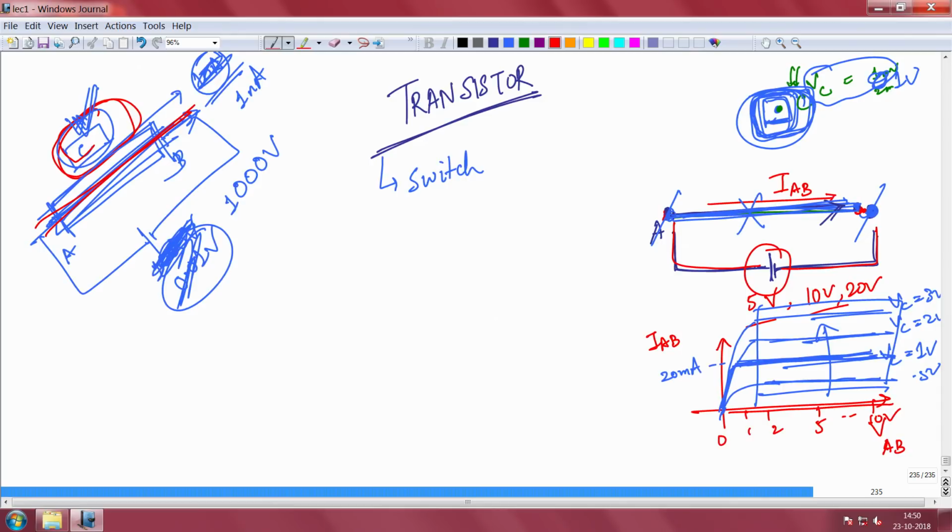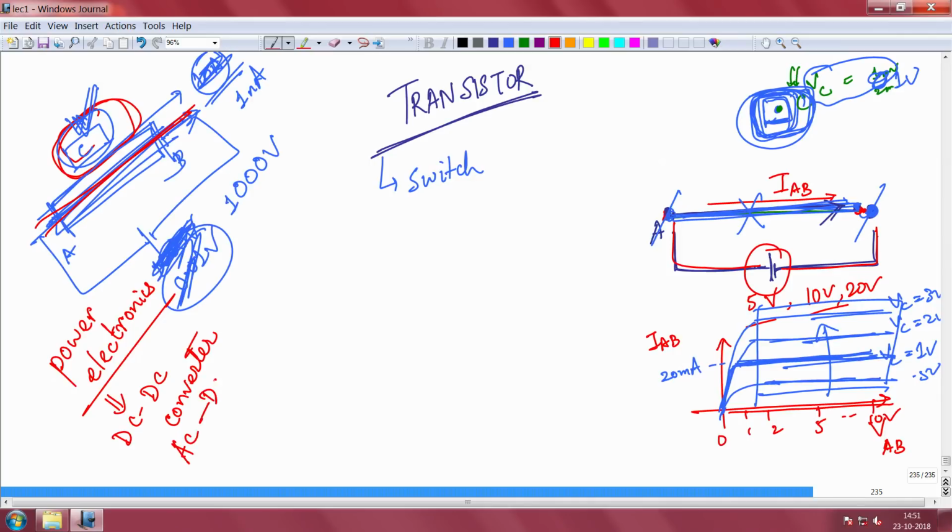So, this kind of thing is used in power electronic circuits. And power electronic circuits need this kind of switches to make circuits such as DC-DC converter. DC-DC converter is where you convert one DC voltage to another DC voltage, or you want to convert an AC to DC, or an inverter from DC to AC, which is inverter. You can do all kinds of changes by using different small building blocks of these switches.